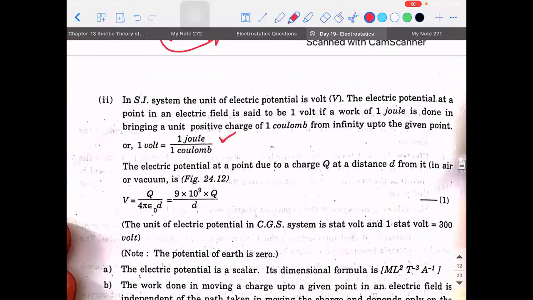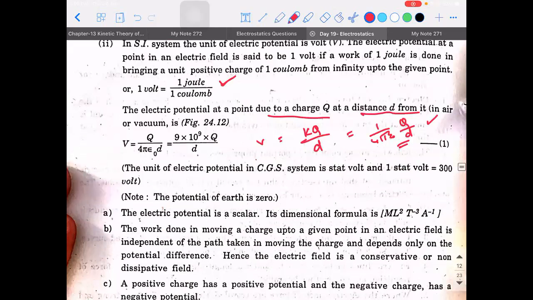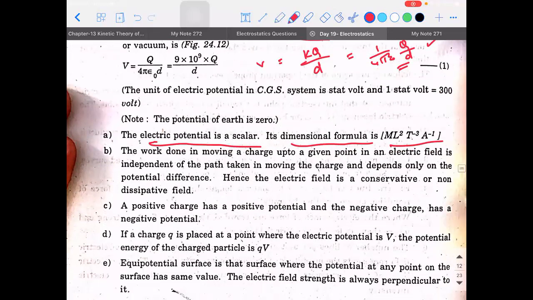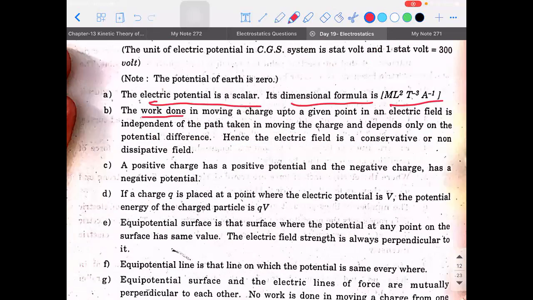Now, if you have a point charge at a distance d from it, what is going to be the potential? So V is equal to KQ divided by d, or 1 by 4 pi epsilon naught Q divided by d. Correct? Instead of d, we would have discussed it as r. That's the only difference. Okay. Next. So we know that the electric potential is a scalar quantity and its dimensional formula, all those things are known. Next. When you talk about potential or potential energy, the main concept that we will be concentrating upon is work done. So wherever you need to calculate the potential or potential energy, we'll concentrate on work done.